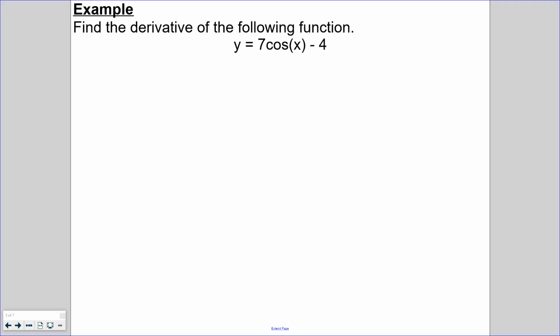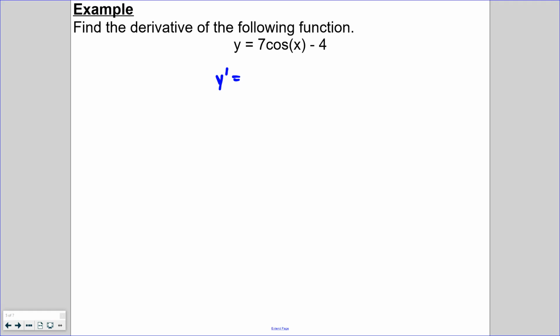Our next example is finding the derivative of y is equal to 7 cosine of x minus 4. I'm going to solve this one with a slightly different notation, again just to get you accustomed to the multiple notations there are. We've already used this one in previous lessons: when we take the derivative of y, we can just use y prime. And that is going to be equal to